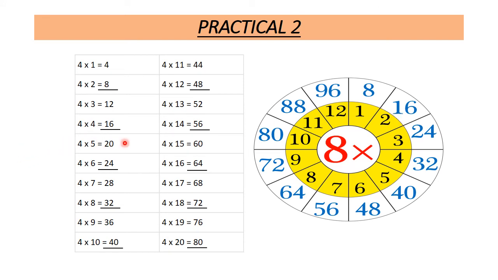Now we will skip the next one. Now we have 4 6s are 24. Okay, we will do double of the first factor, which is 4. So we will get 8, and then we have to do half of the second one. What is the half of 6? It is 3. So 8 3s are 24. And then 8 4s: double of 4 is 8 and half of 8 is 4. So 8 4s are 32. Did we get 8 4s are 32?